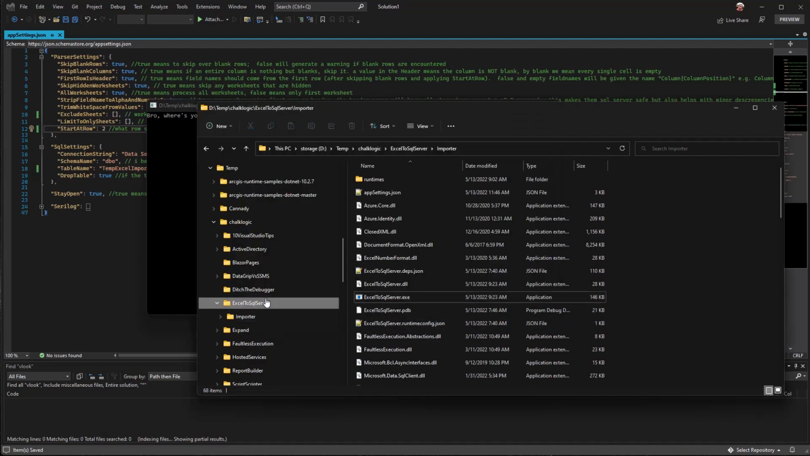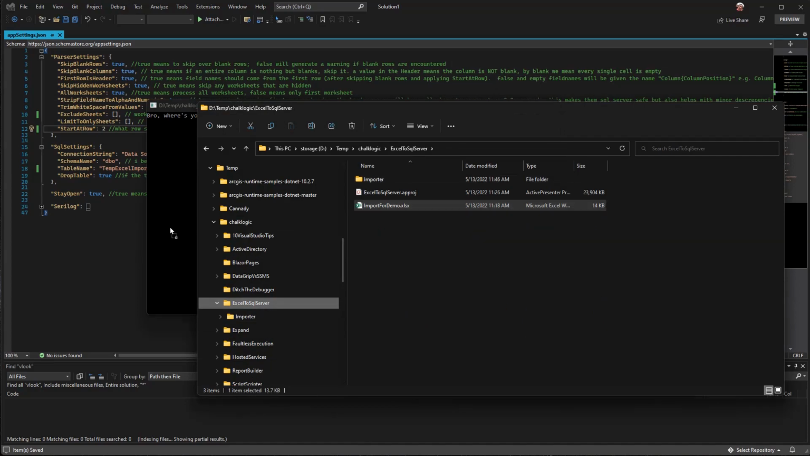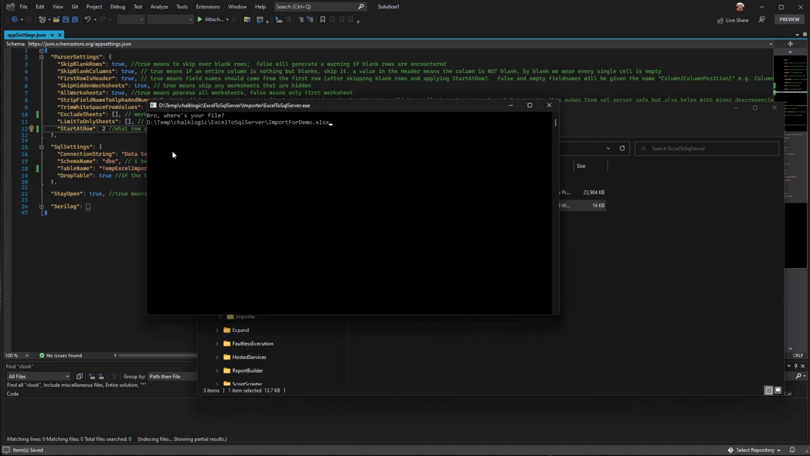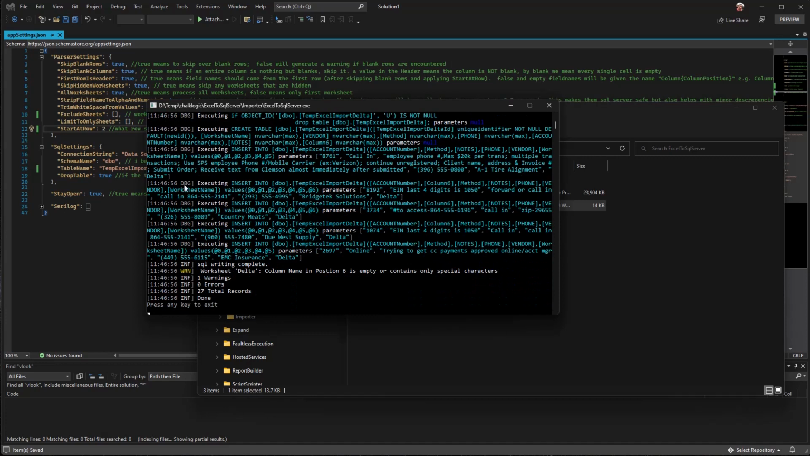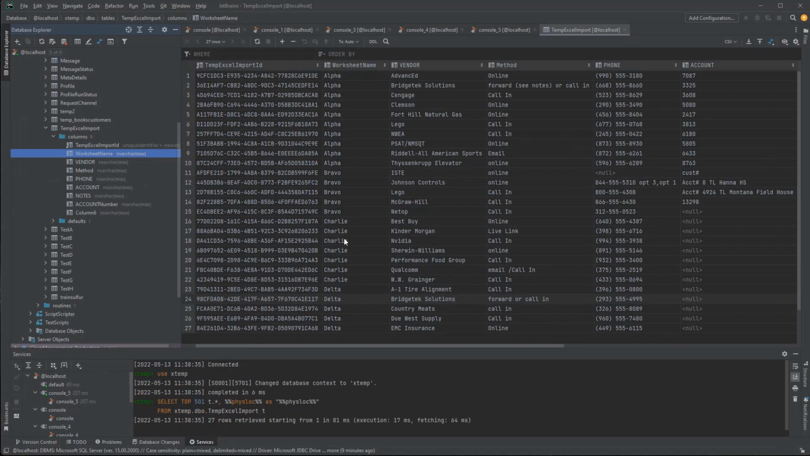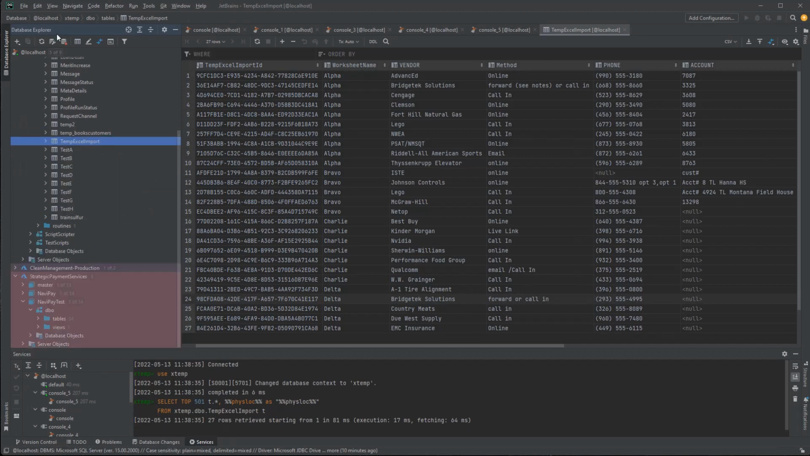Alrighty, I will choose my file, same file, run it. It's going to do its thing. Good, we still expect that same warning. But now when we look in the database, come up here and refresh,